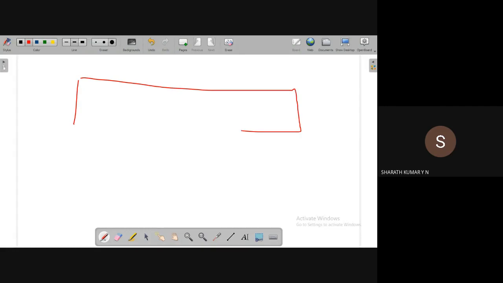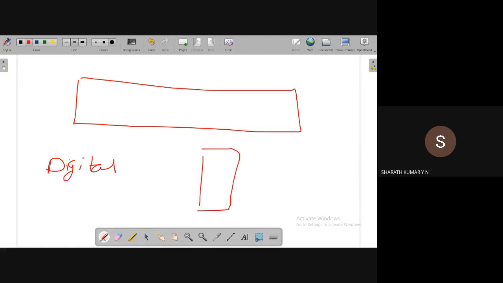Processors and controllers are basically digital ICs. When we say digital ICs, they have to accept input values. This is the processor or controller, and these are the pins. Last class we saw the pin picture also, the top view of the IC. It has physical pins connected to the IC, through which we make the connection to the external devices or external world. These devices, 8086 or 8051, will accept only digital values.